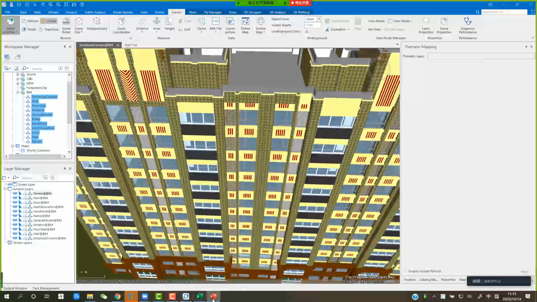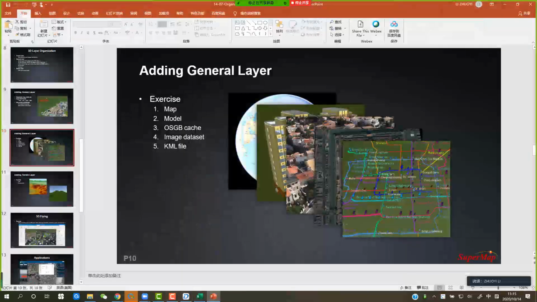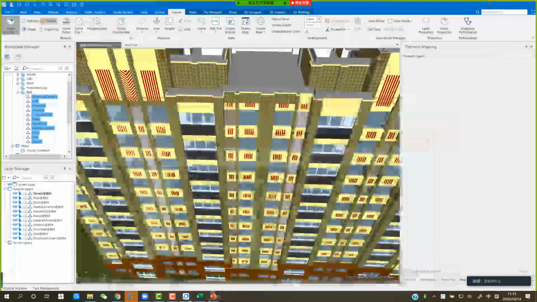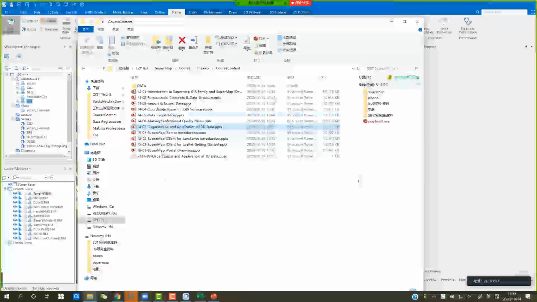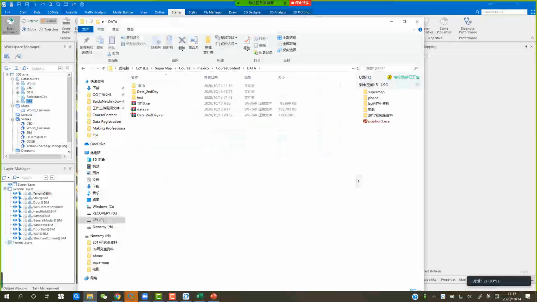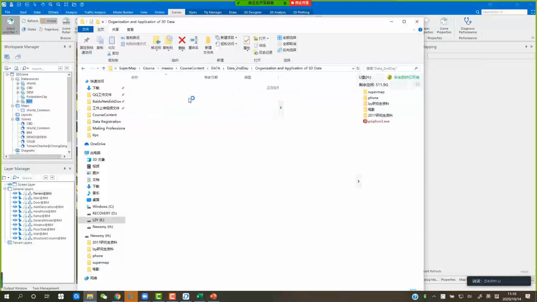And next is OSGB cache. Okay, let's look at the OSGB that we already sent to you in the organization and application of 3D data. There is the OSGB file, and we can see in the tile